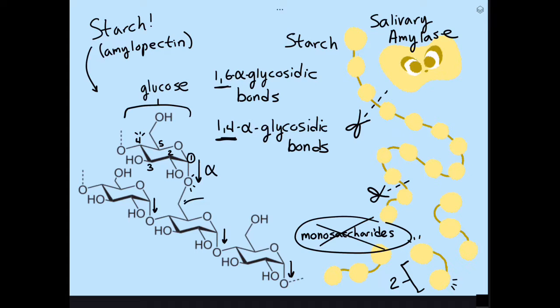A 1,6 alpha-glycosidic linkage is, not a 1,4, a 1,6 alpha-glycosidic linkage, that's just going to happen between the oxygen on that first carbon and the oxygen on that 6th carbon. And a 1,4 alpha-glycosidic linkage is just going to happen between the oxygen on the first carbon and the oxygen